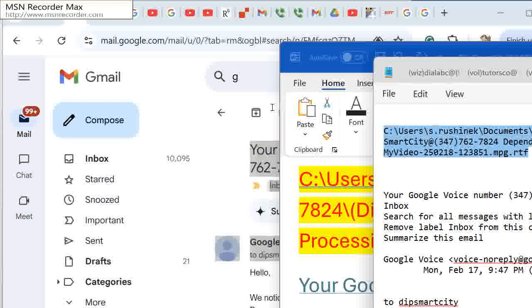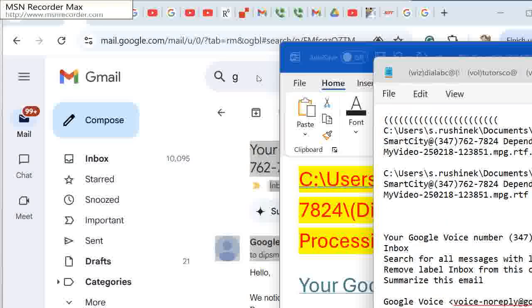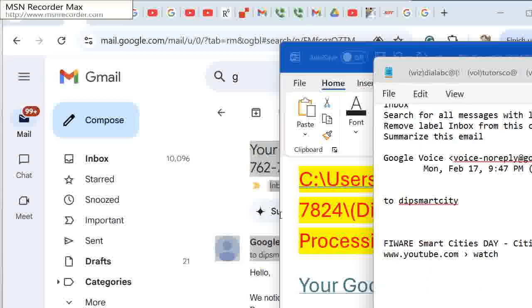We got here another file name at the top. Okay. And now I'm going to go to the end of this section and close it with a close paren. Okay, now